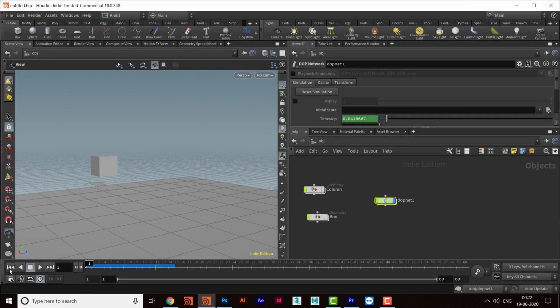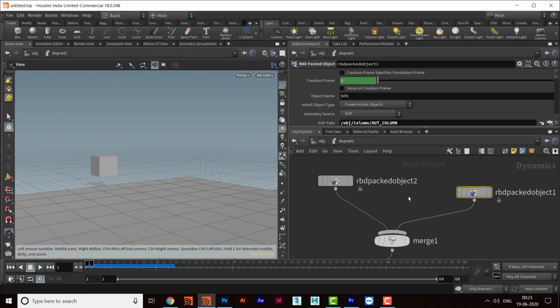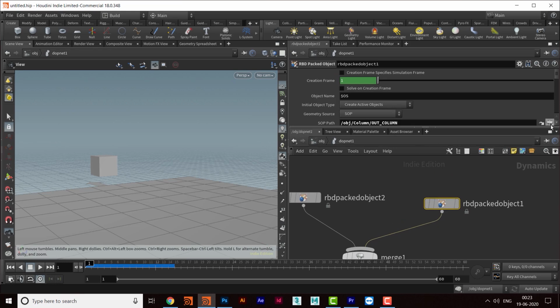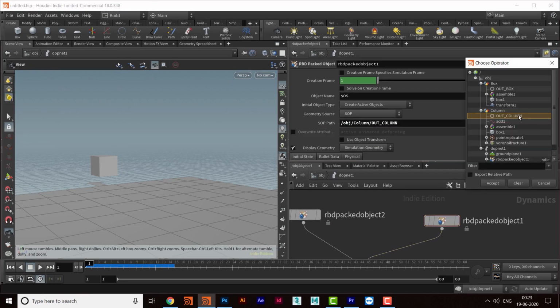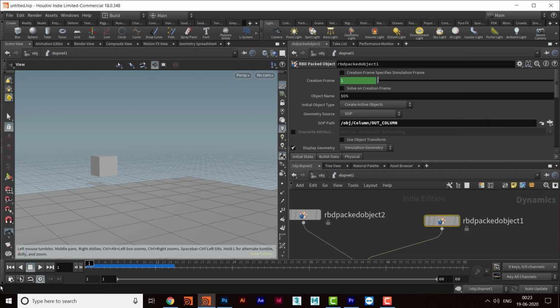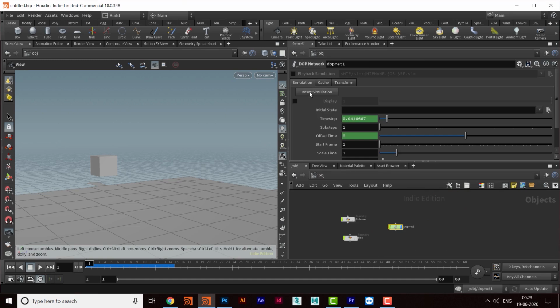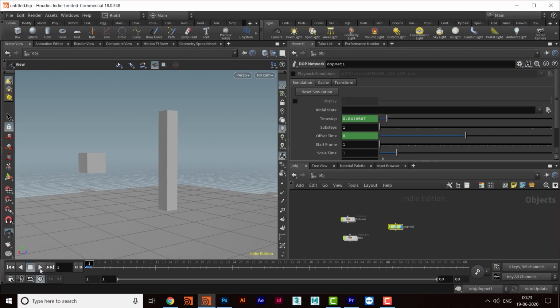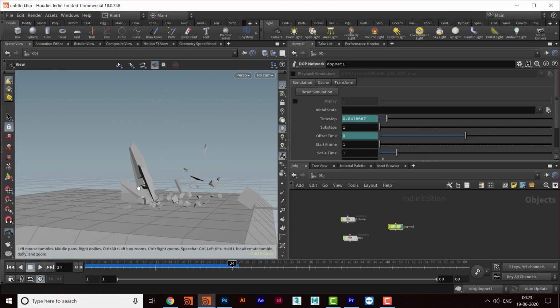Now what's happening? Okay, I'll go to this one, and then maybe we can call the column again. We can go out and click here on reset simulation, and sometimes it happens. You see, this is simulation, this is dynamics, and a lot of things happen around it. Okay, now play, and then it's happening.